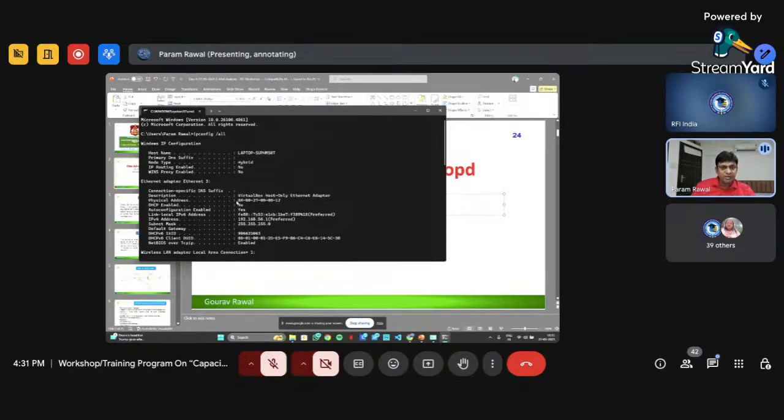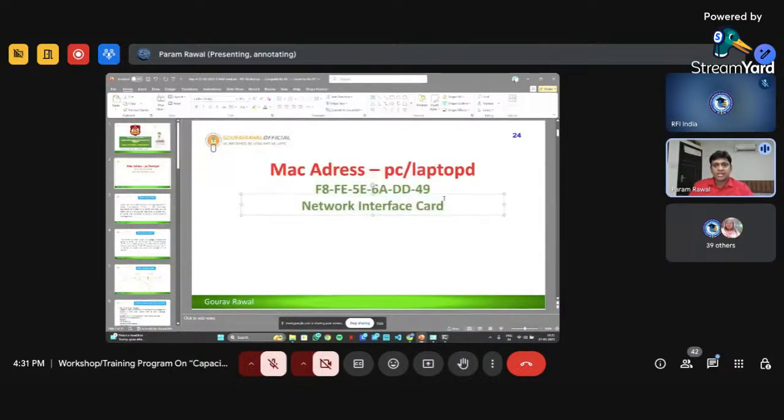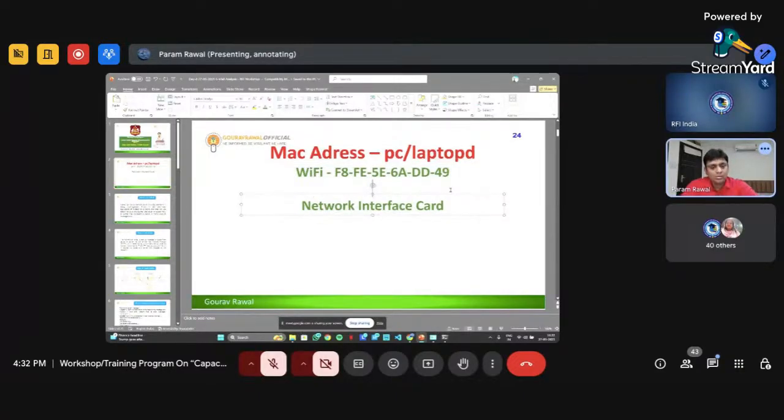And this physical address is different from the physical address I typed here. This MAC address is related to Wi-Fi. This is one NIC, related to the network card, meaning the cable connection.